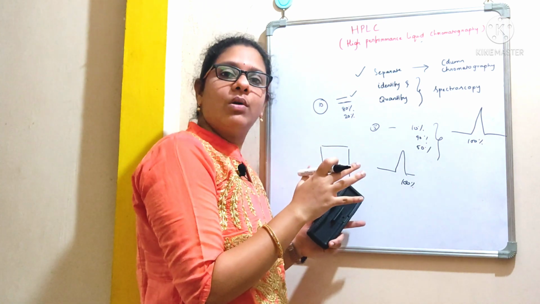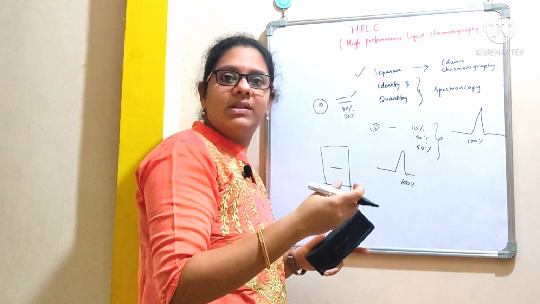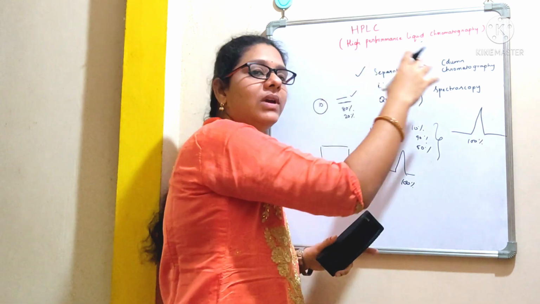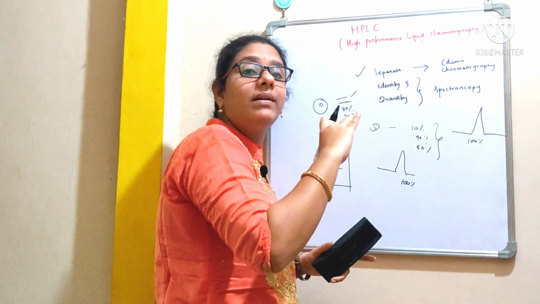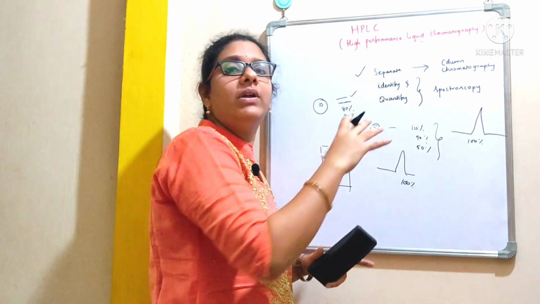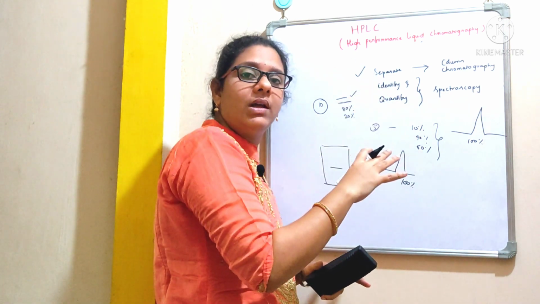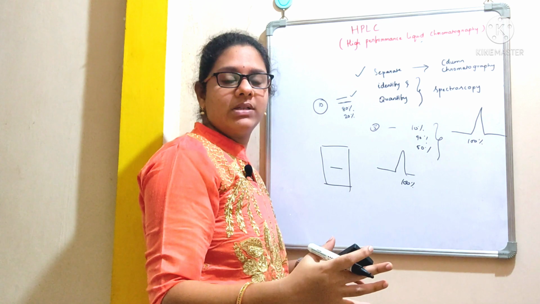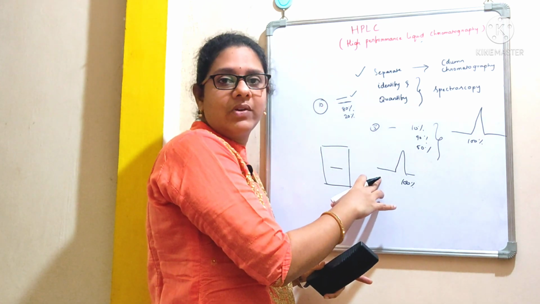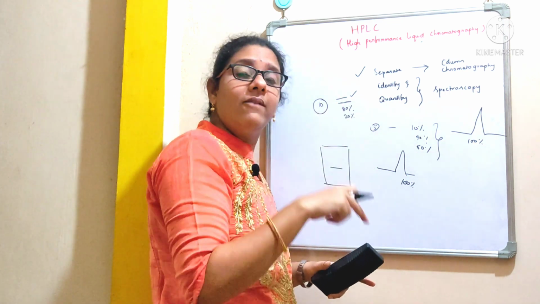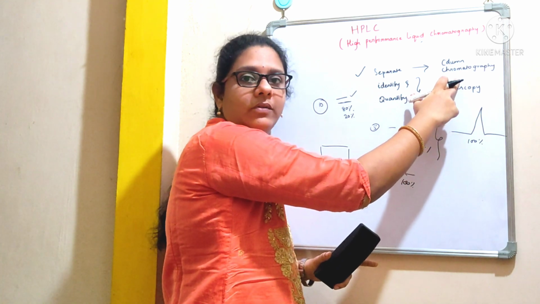What we generally do in this column chromatography technique, we are going to use glass columns that are packed with a stationary phase, right? And when we apply this sample, the compounds present in the sample will move at different rates based on their affinity towards the stationary phase, right? So the compounds with lower affinity will move fast and be eluted first, whereas the compounds with higher affinity towards the stationary phase will move slowly and be eluted last. So this is what exactly happens in column chromatography, right?